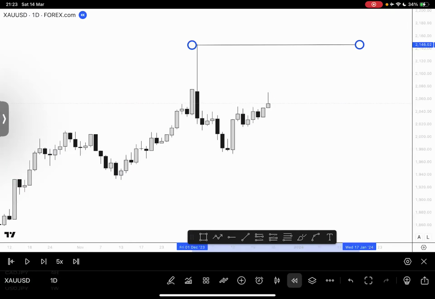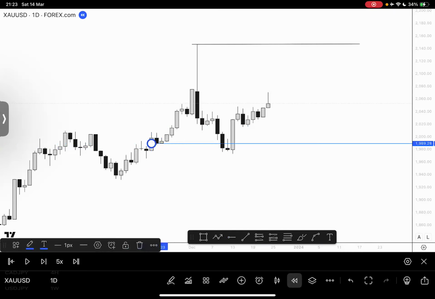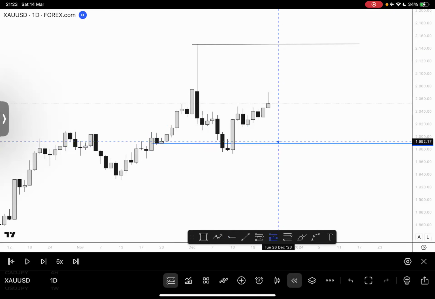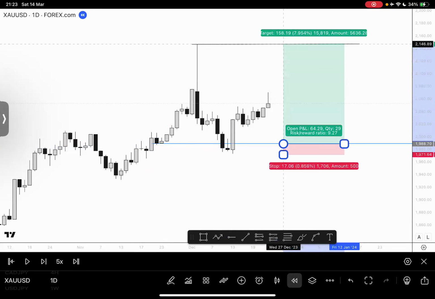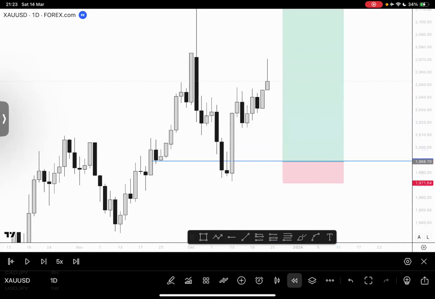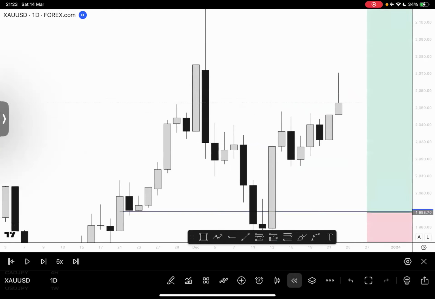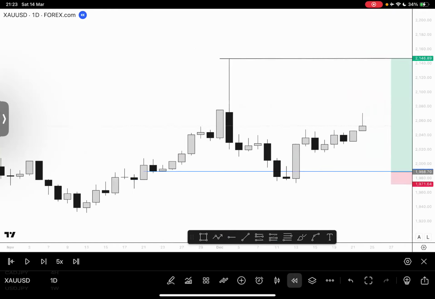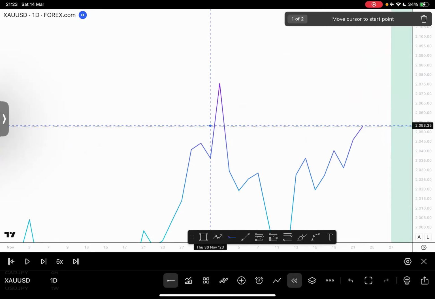2146. This is our target. And we still have an entry here. Let me draw the entry directly. This is a 9-hour trade, like swing, obviously. That is just by the way. If you want to raise big money here, you can turn 500 to 4-5 or something. I don't know. But looking at this daily level,